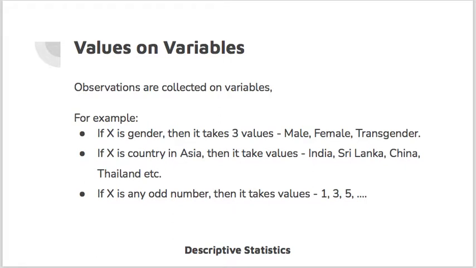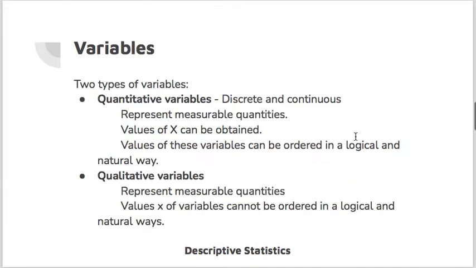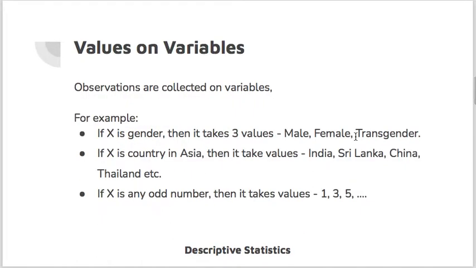So what we have to keep in mind is that we are going to define the random variable as X, which we always have to keep in mind. The values of a variable X are denoted by x. For example, in a class, let me take a variable X as the height of students. Suppose height of students is measured in centimeters or inches. So it will start from 140 centimeters or 160.